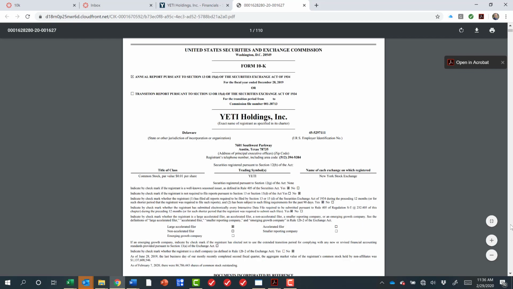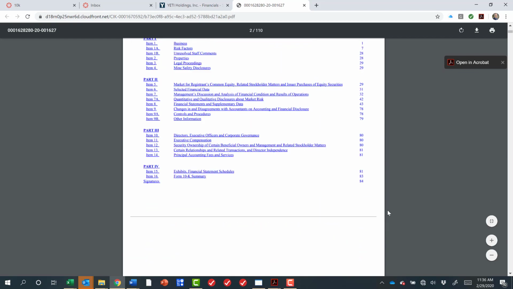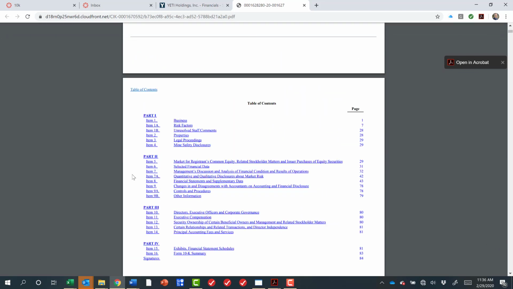If you go to about page 3, you'll see a table of contents. And there are two parts we care about in this course. There's item 7, which is Management Discussion and Analysis, or MD&A. And that is where management gets to tell their own story. And then in item 8, you will see financial statements and supplementary data. That's where we'll pull our income statement, balance sheet, cash flow statement, and also see the notes to the financial statements. So item 7 and item 8 are all that we will use in this course out of the 10K,